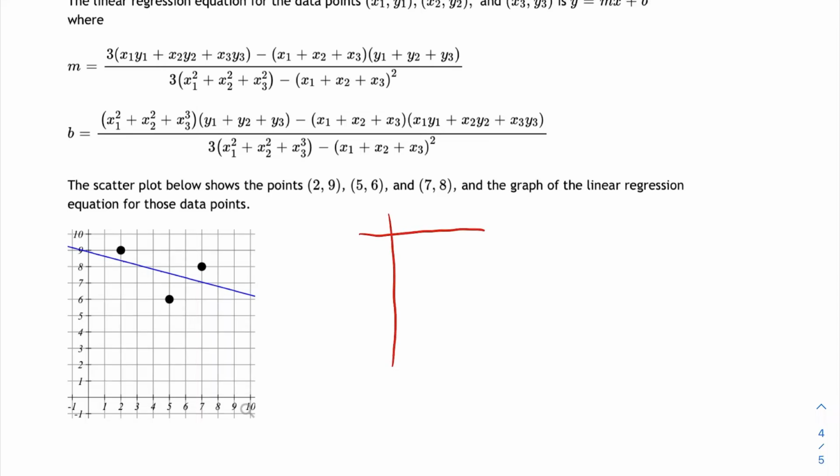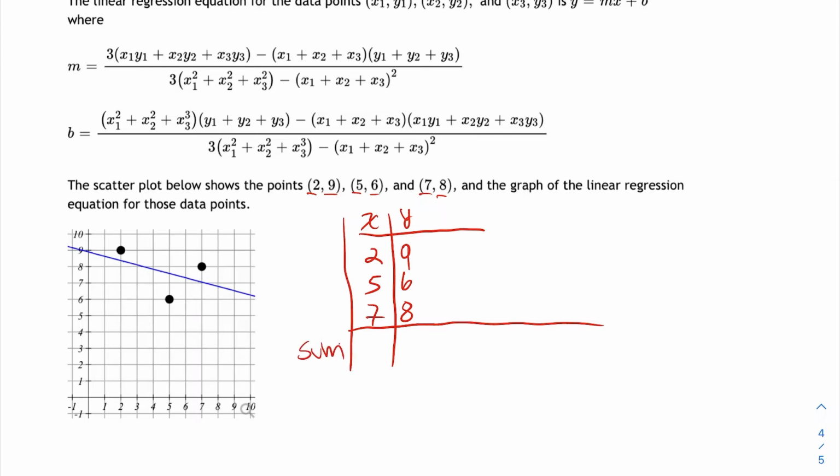I'm going to put the x coordinates and the y coordinates in two columns. So I have 2, 5, and 7 for the three x coordinates. And I have 9, 6, and 8 for the corresponding y coordinates. And one thing I noticed there is that we have to find the sum of all those. So let's make a row for all the sums. Sum. So the sum of 2, 5, and 7 is 14,